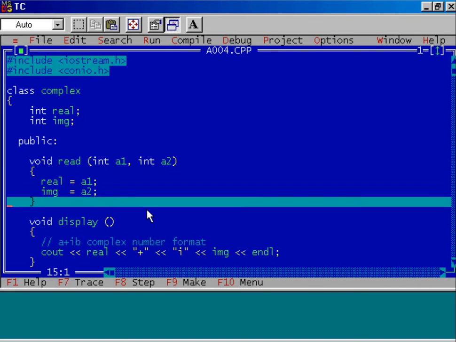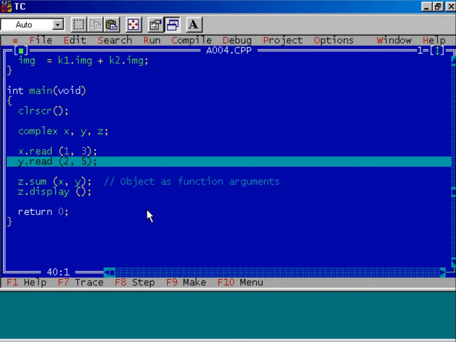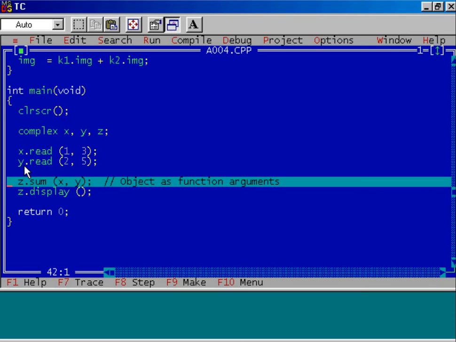Press F7 key again and you see the statement is executed. After that, again I am calling the function read using object y, but this time I am passing the values 2 and 5. Remember that I am calling this function on the object y. Press F8 key to execute the entire function in one step. And see the diagram.